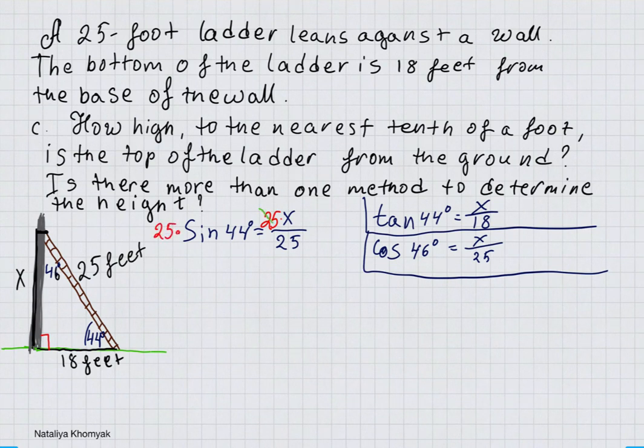So 25 and 25 cancel on the right, and we get 25 times sine of 44 degrees is equal to X. So on your calculator, plug in 25 sine of 44, and I get approximately